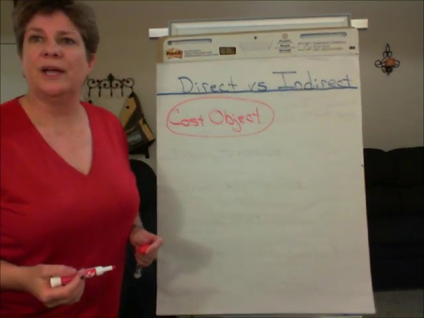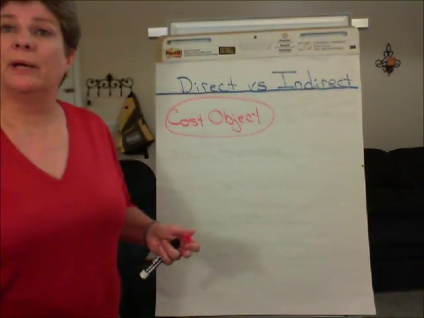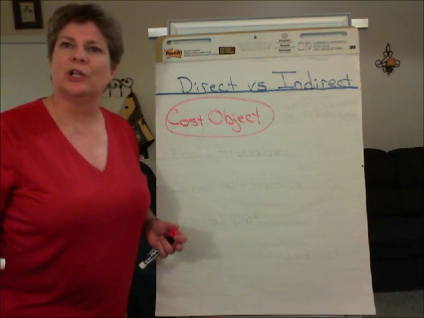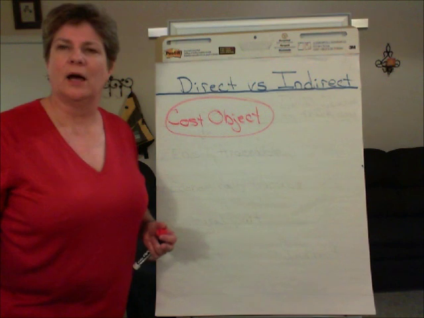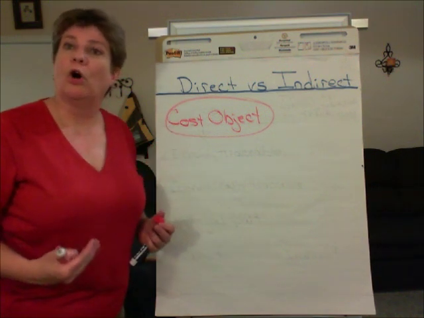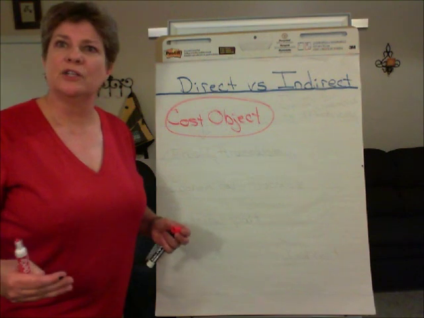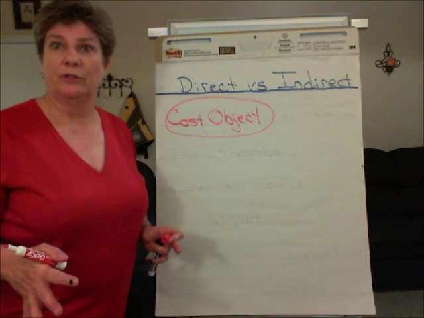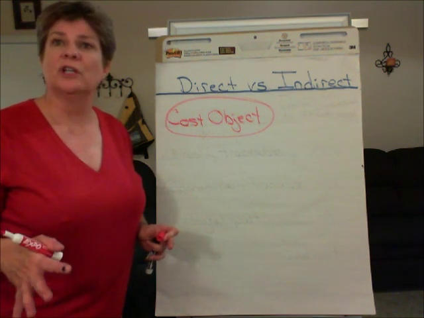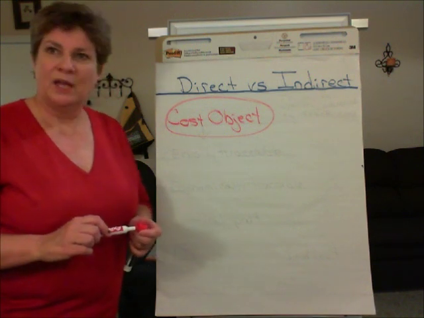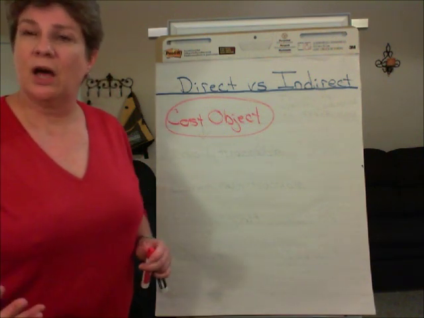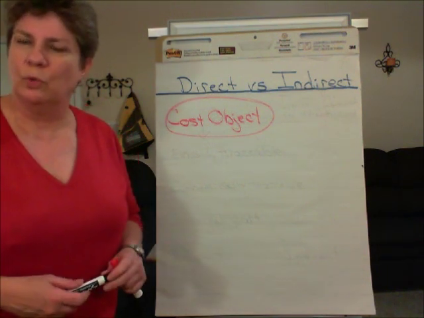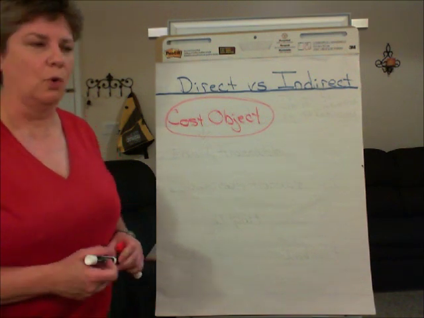The cost object is, for lack of a better word, the thing about which or for which we wish to collect cost data, to accumulate cost data. So a cost object may be a department, and we want to know what it costs to run that department, or in the introductory material in the course, the cost object is usually viewed as being the product. So how we define the cost object as the product, or as a department or a region, or whatever you want to accumulate cost for.